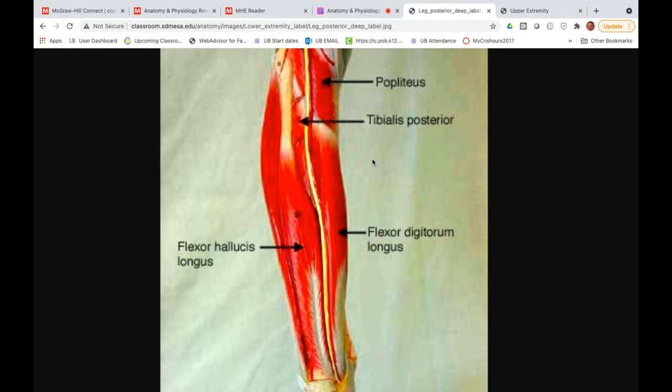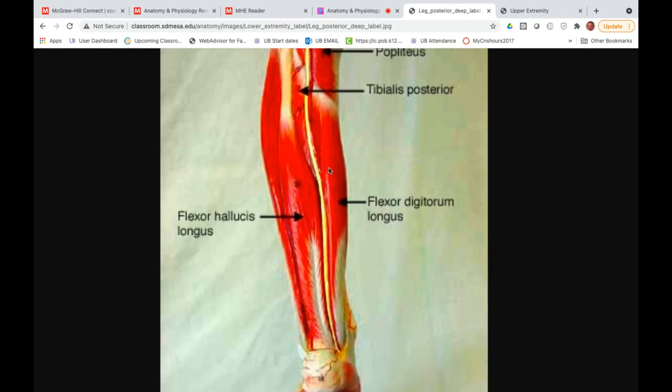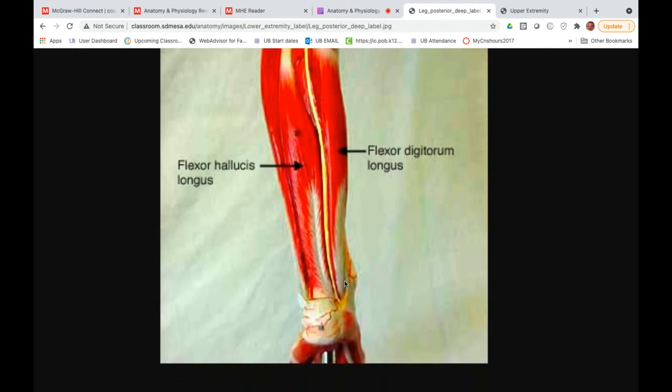So these three muscles, tibialis posterior, right there, flexor digitorum longus, right here, and flexor hallucis longus here, those three bellies go towards the inner ankle just behind the medial malleolus. These three muscles are posterior leg muscles, but they travel behind the medial malleolus and go underneath the foot,